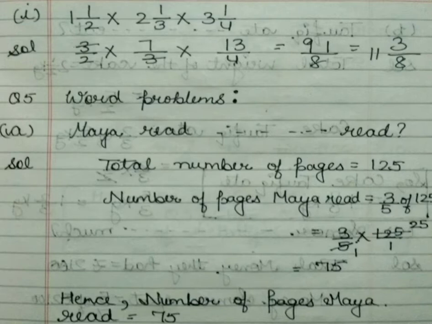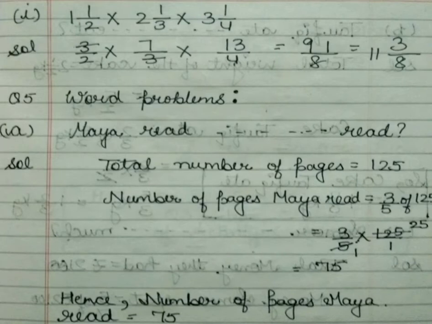One number should be from the numerator and one number should be from the denominator. See, are they coming in one table? Then cut it. Like 3 and 3 come in one table. So we will cut them. 3 1s are 3, 3 1s are 3. Clear? Now in numerator 7 and 13 left. So what do? You multiply them. Answer will come 91. And down 2 and 4 left. So 2 4s are 8. Now 91 upon 8, we will convert it to a mixed form, because 91 upon 8 is an improper form. So answer will be 11 3 by 8. Clear? Now student, we do question number 5, word problem.